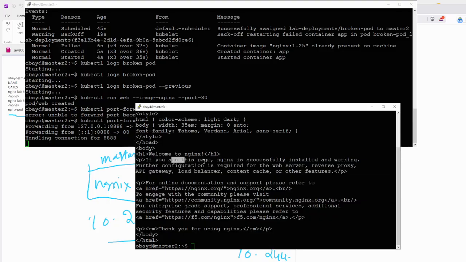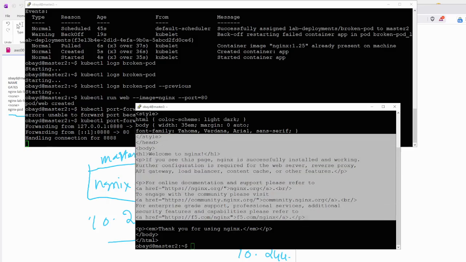If you see this page, nginx is successfully installed and working. Further configuration is required for the web server. So this is all the documentation part. This is how you will be running the pods from Kubernetes here. So I believe you just saw it and you didn't understand it. Let me pause the